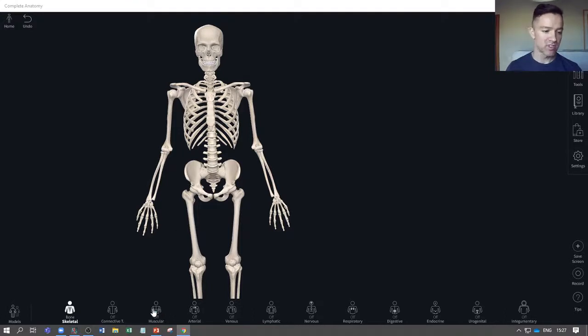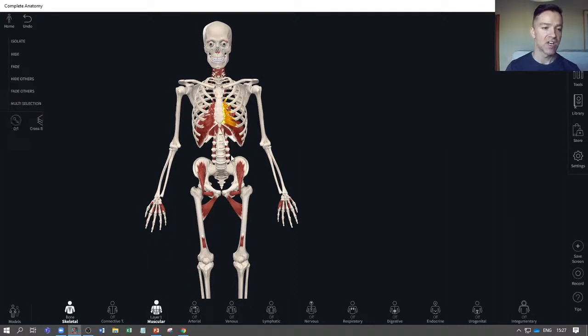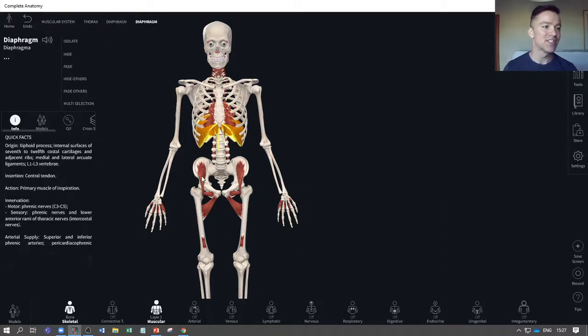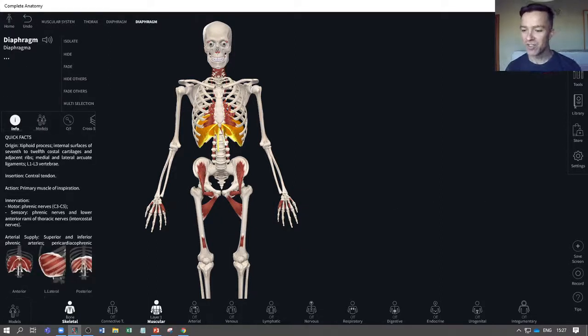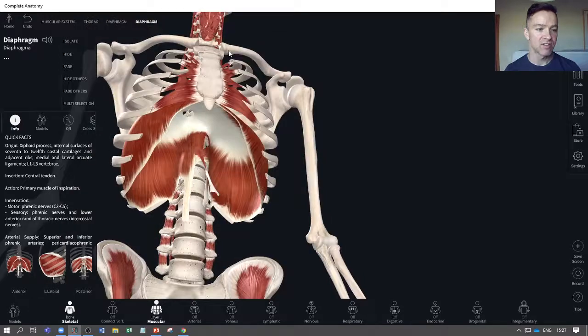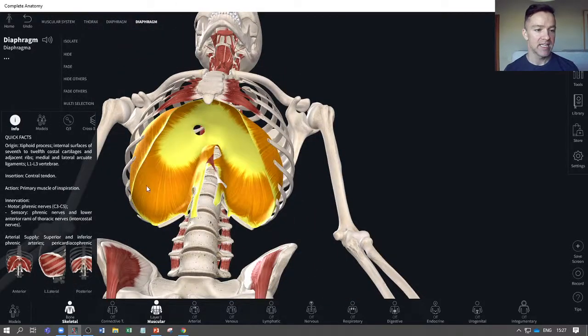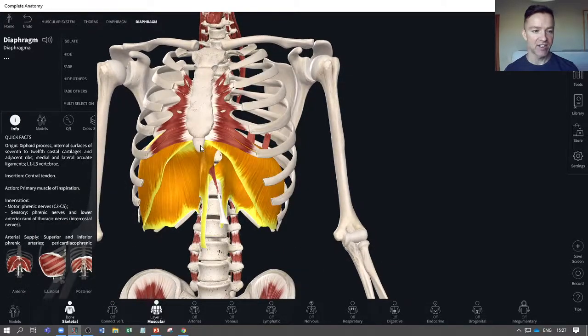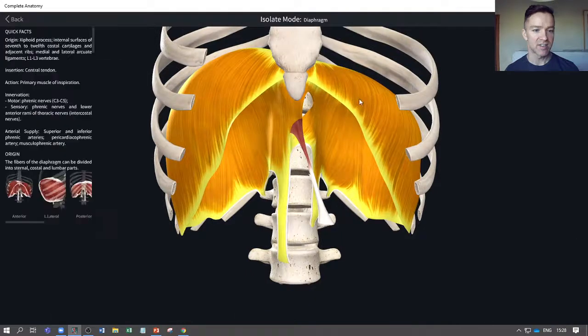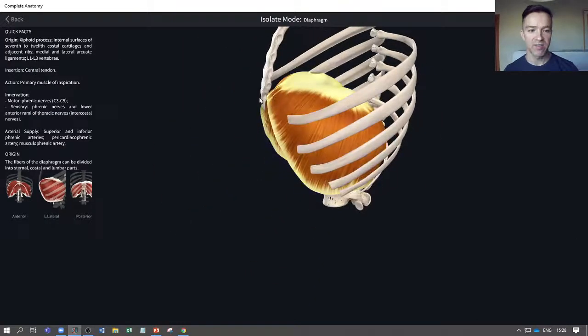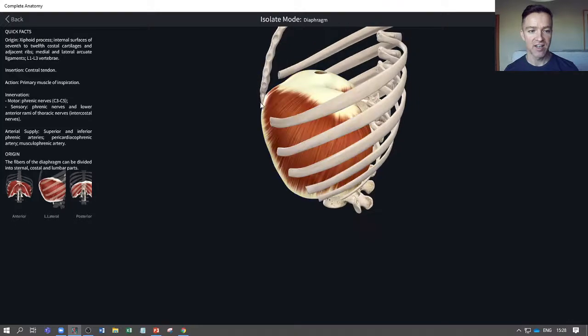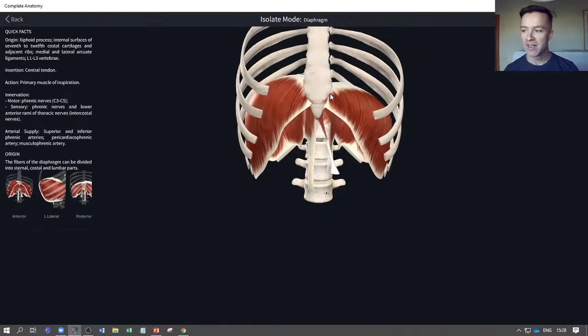Okay, so the first actual muscle that we want to look at is a deep muscle. It's one that you should all have heard of before. It pops up there immediately. Your diaphragm. Your diaphragm is a big dome-shaped muscle. If we look up underneath, we can see this big dome-shaped muscle here. It originates on your xiphoid process. If you isolate it out and just look at it on its own, we can see it attaches just in there,